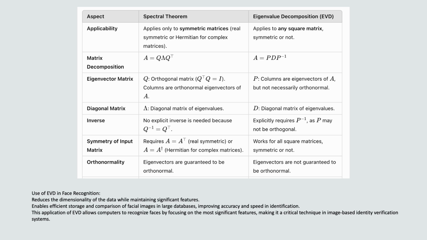Very similar to the application of the spectral theorem in image processing that I gave, EVD in image processing is specifically used for facial recognition. That's one example; there are many. The objective is to reduce compute power and storage, and so on. So what EVD in face recognition does is reduce the dimensionality of the image while maintaining just the important, significant features, so that you can store it and transmit it. Then when you want the output, it compares the facial image and gives you the output. So that's the basic application of